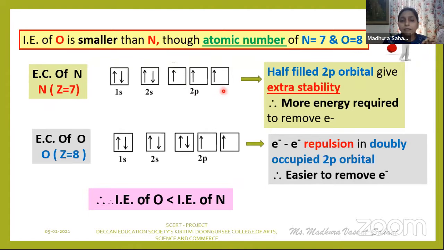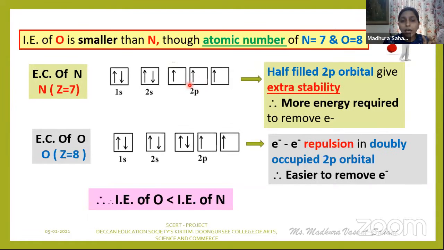See, x, y, and z are the orientations of the orbital, but we have not mentioned that here. You will come to know the detail of that part when you go through the chapter Structure of an Atom. At present, you just remember that these 2p orbitals are expressed as 2px, 2py, and 2pz. So coming back to the point, as the atomic number is 7, here the EC will be 1s2, 2s2, 2p3. So these 3 electrons are accommodated in the 2p orbitals in such a way that